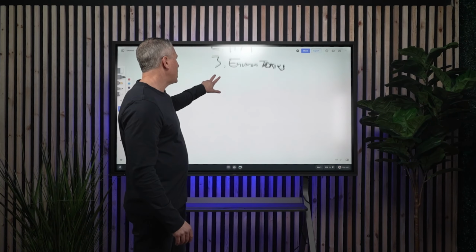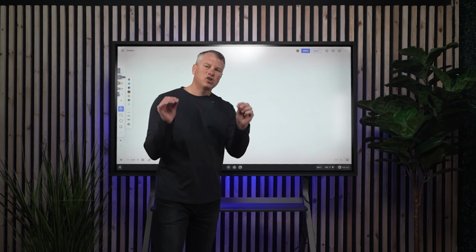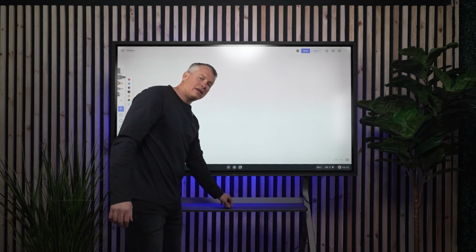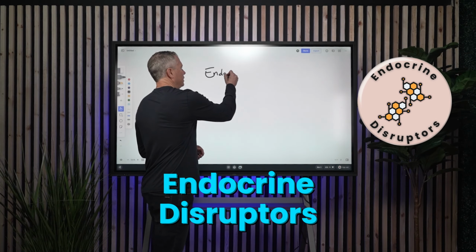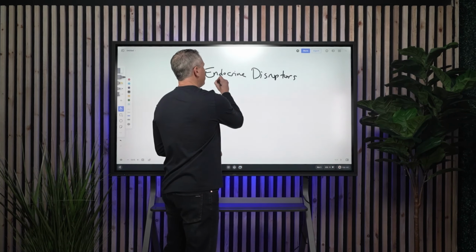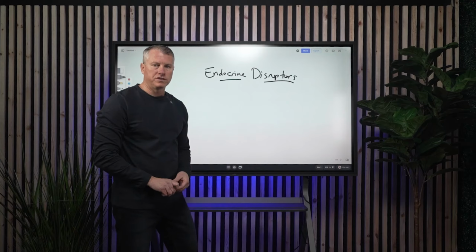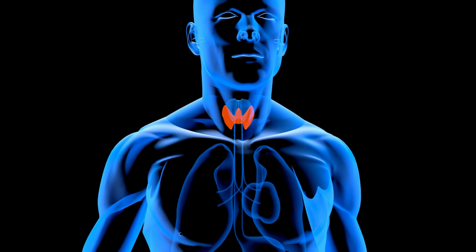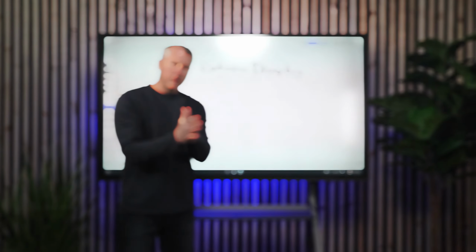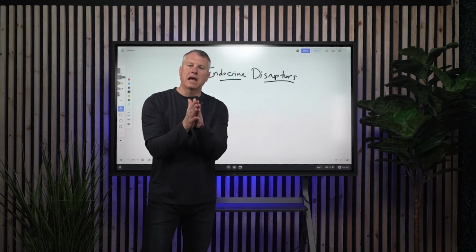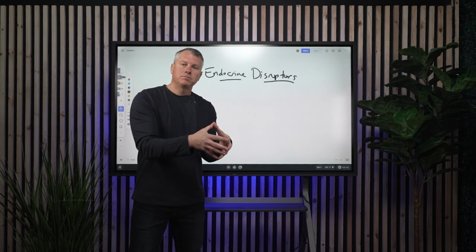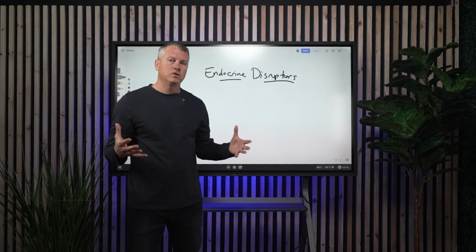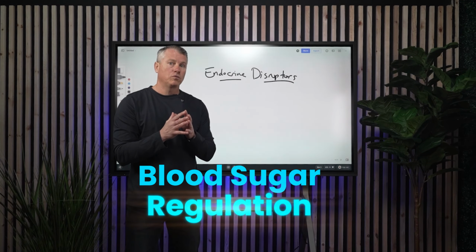But there are some toxins that are specific to type 2 diabetes in general. And those types of toxins are called endocrine disruptors. So what does that mean? This is an important word I want you to understand, because the endocrine system is essential to blood sugar regulation. Think about this. What is the type of doctor who specializes in treating type 2 diabetes? They're called an endocrinologist, because the endocrinologist specializes in the endocrine system, which includes blood sugar regulation.